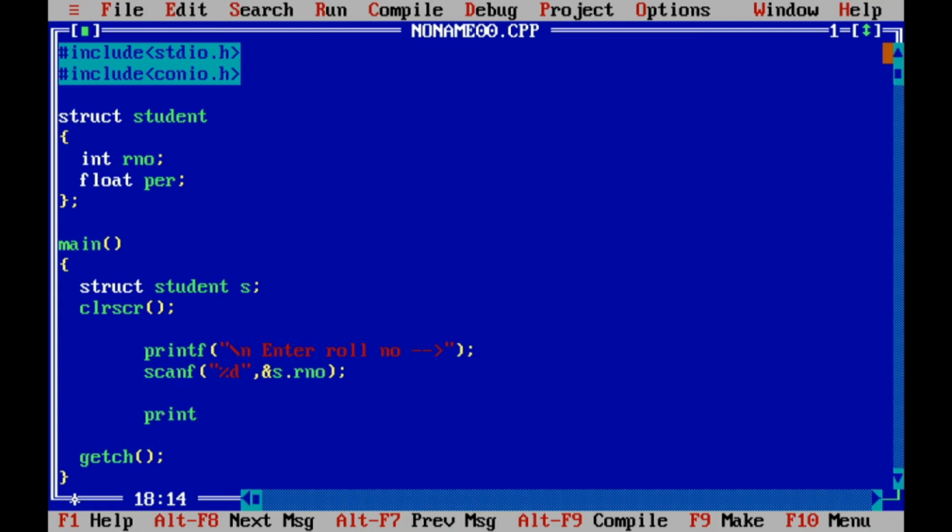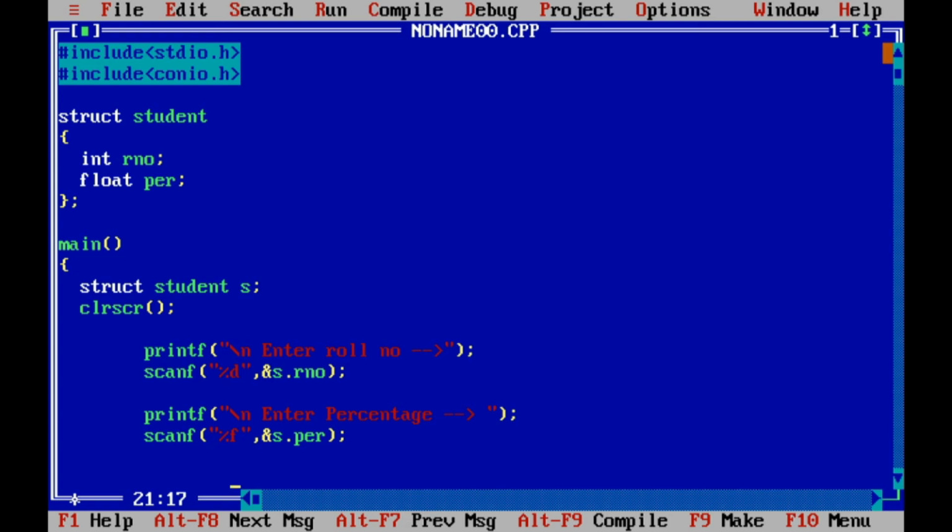For percentage, we can write printf "enter percentage", then scanf %f, address of s dot per.